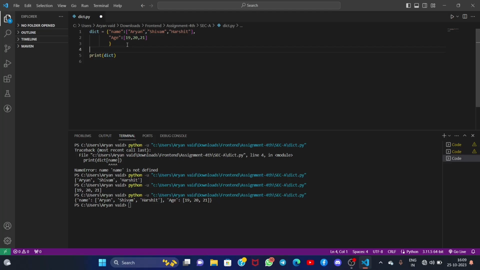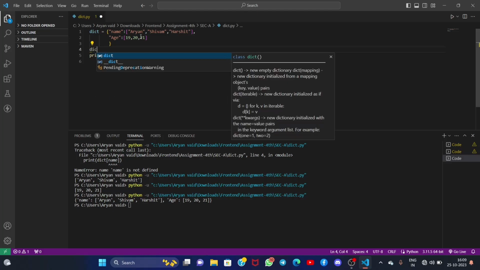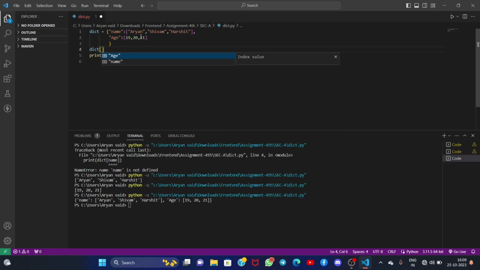Now the thing is, dictionaries are ordered. You can see here the name is first printed, then its values, then age, then its values. So the order will be definite. You cannot change the order of the output, but the values can be changed like this. Dict, and in square bracket we can specify the key, and then we can change the values like square brackets first,